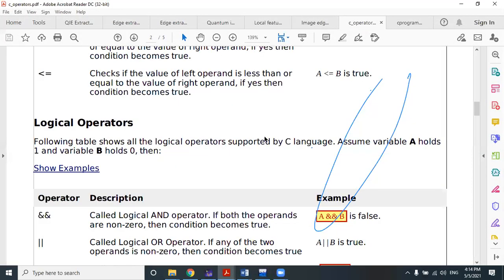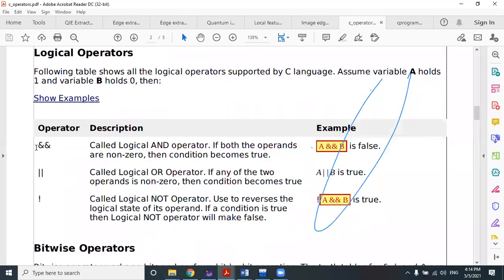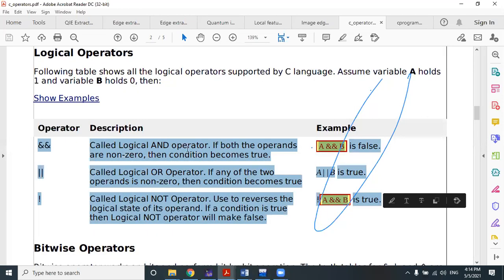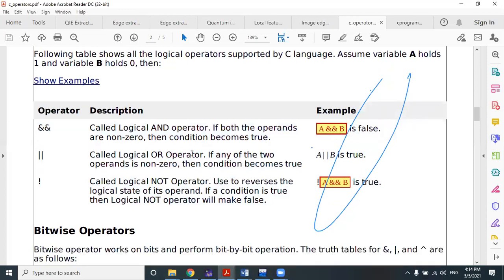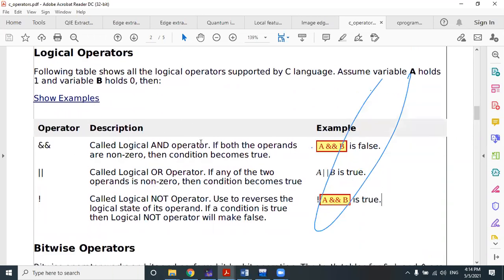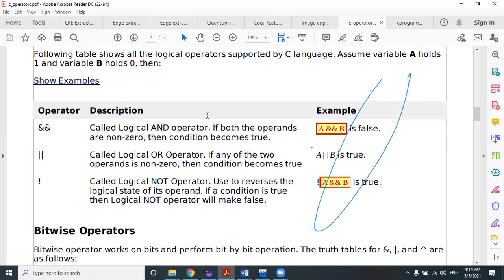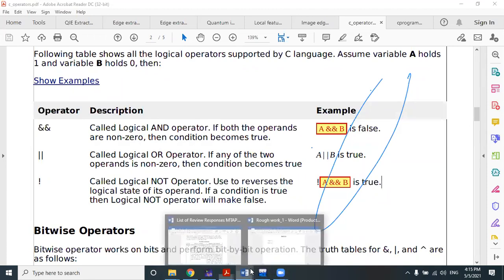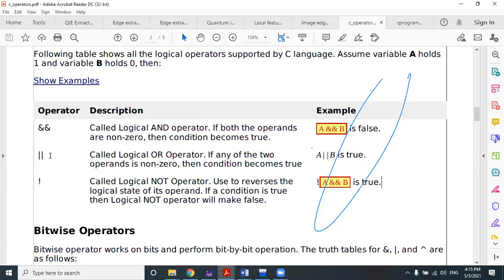Okay. Now third kind of operator is a logical operator. This also plays a very important role. The logical operator in C language is mainly useful when you are trying to connect two or more than two relational operations together. Then logical operation will be used. What is the application of logical operators? Logical operators in C programming language will be used as a connector of more than one relational operation. As for examples, these are the three kinds of logical operators.